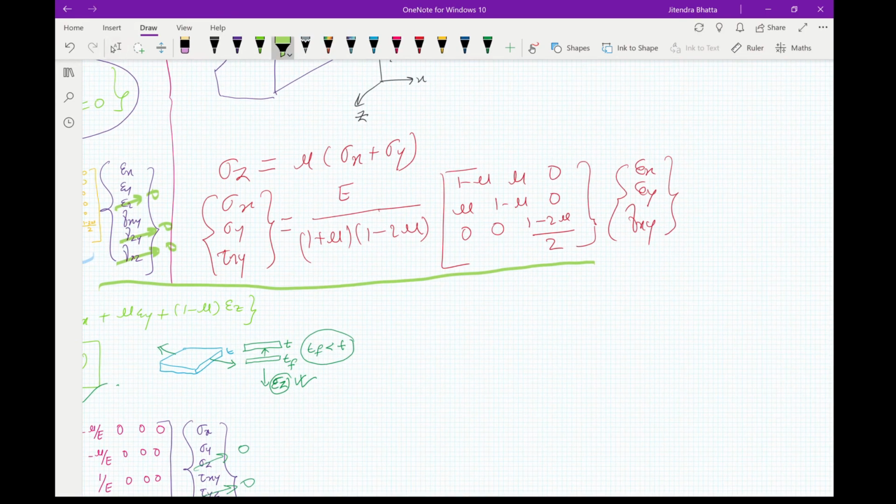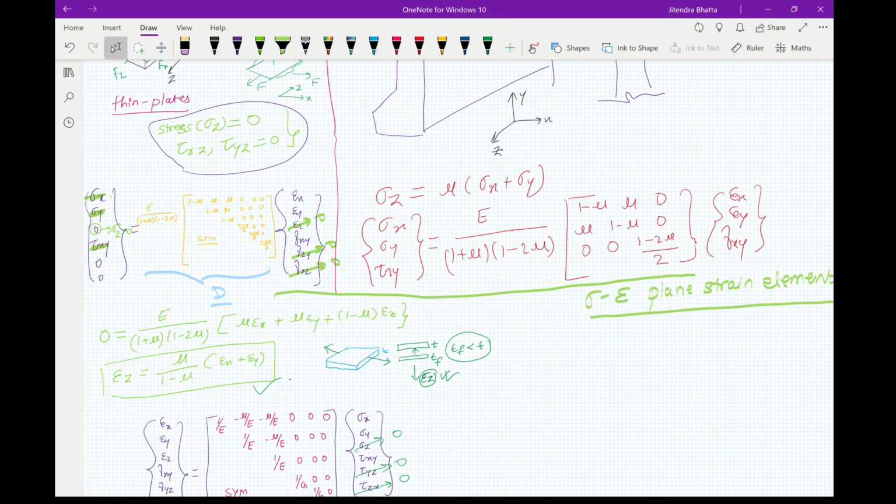So this is our stress strain relationship for plane strain elements. You can look into my other video in the other playlist where I have modeled 2D plates and I have done some numericals using this plane stress and plane strain problems. You can go there and see how these matrices or these relationships are used to obtain the stresses and strains